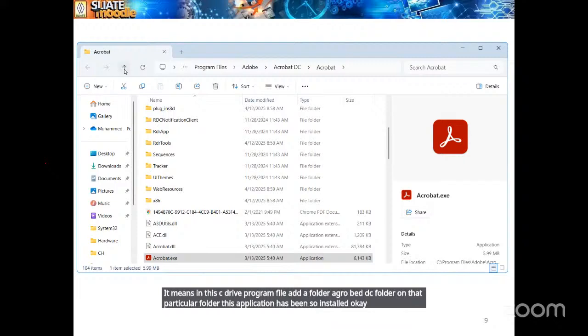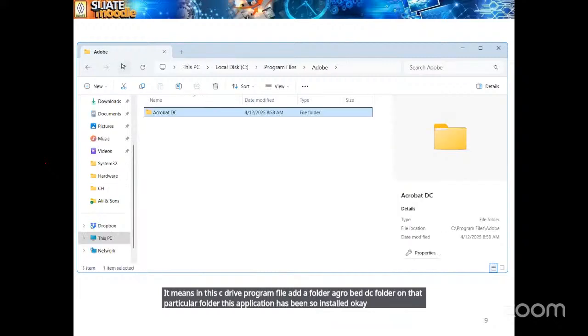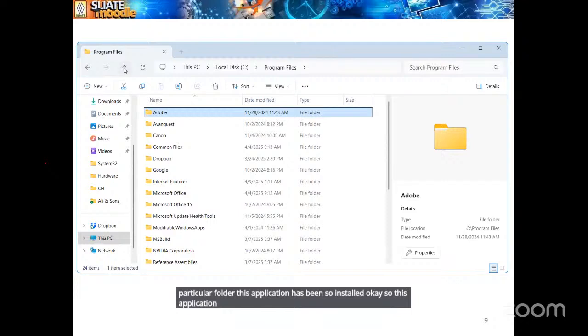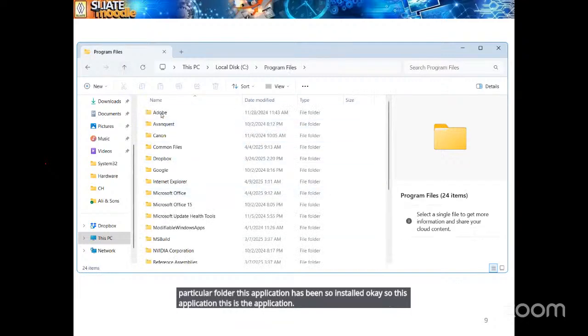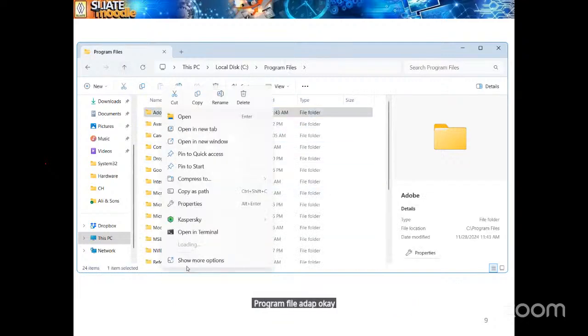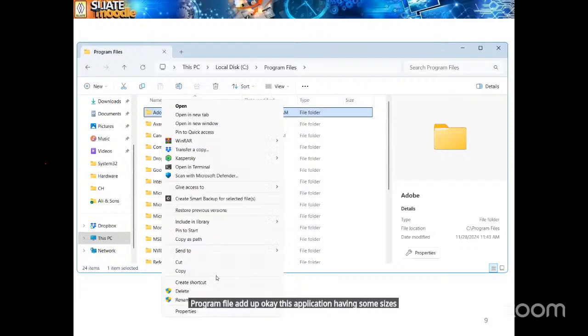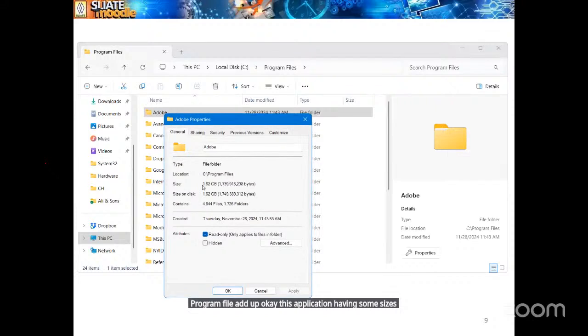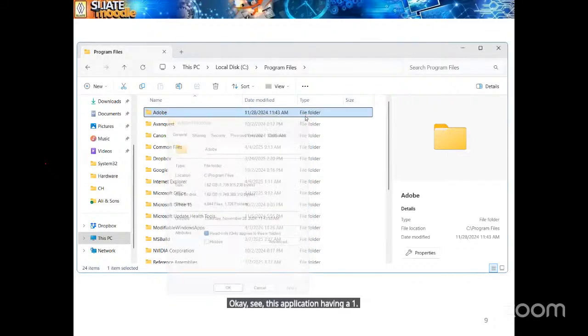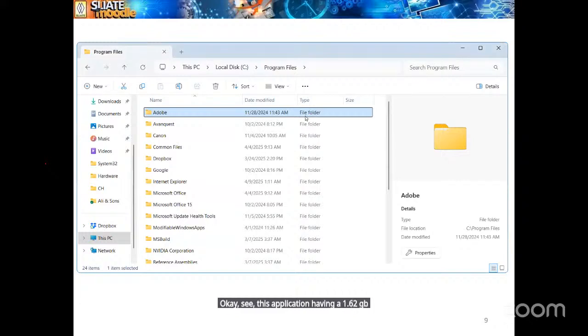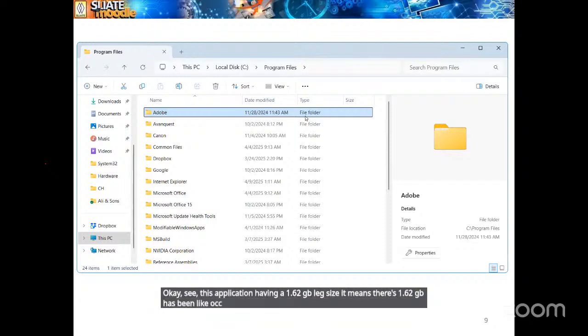This application has some size. It is 1.62 GB, which means this 1.62 GB is occupied on our hard drive.